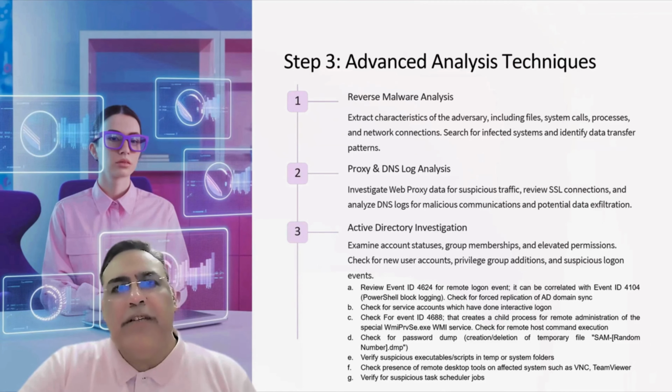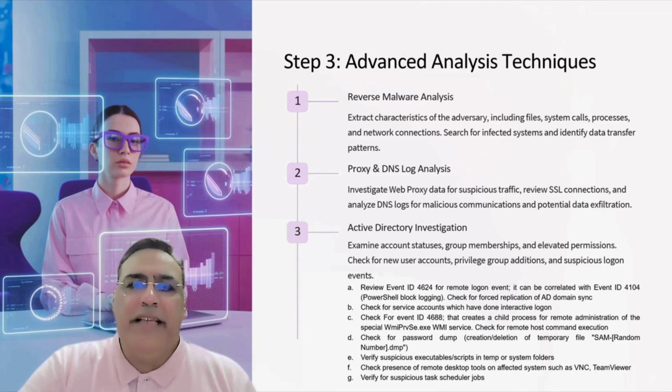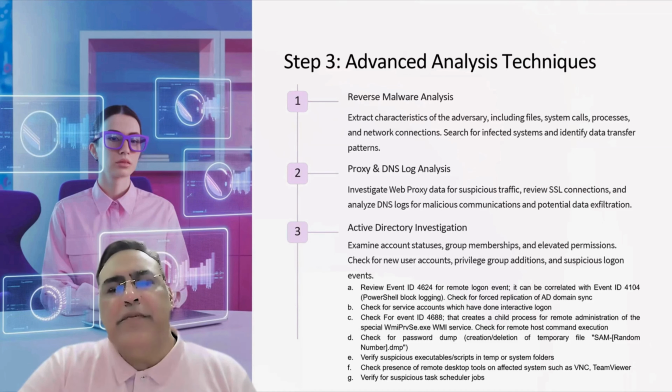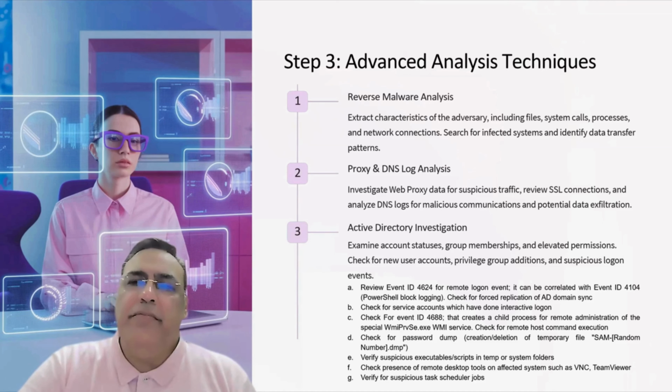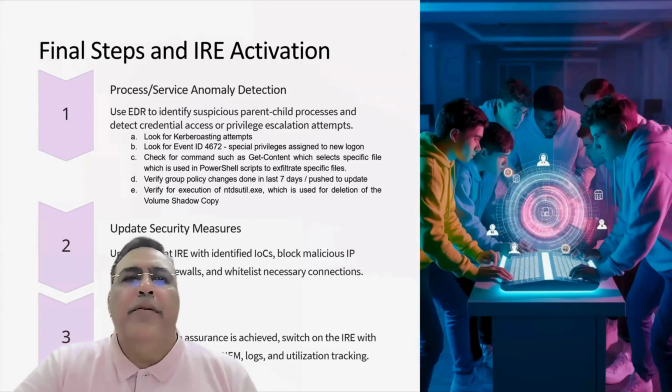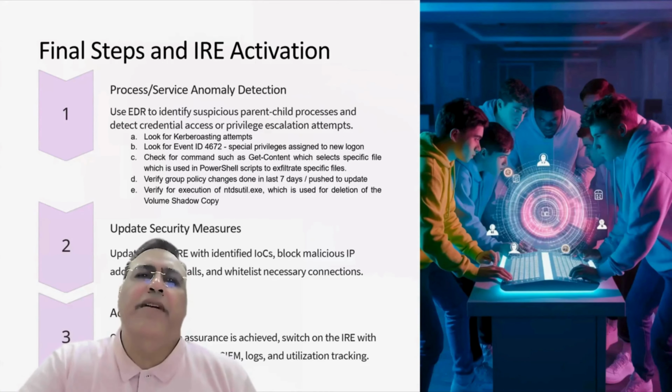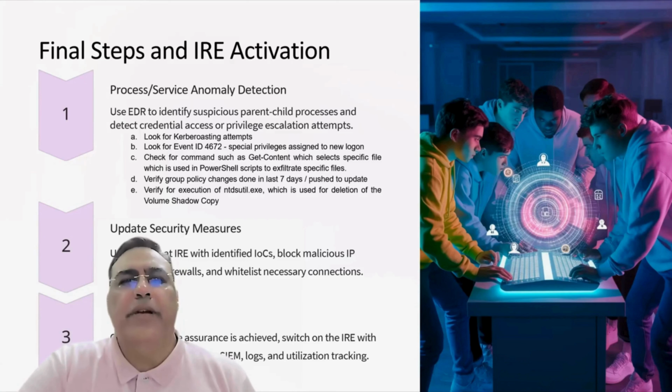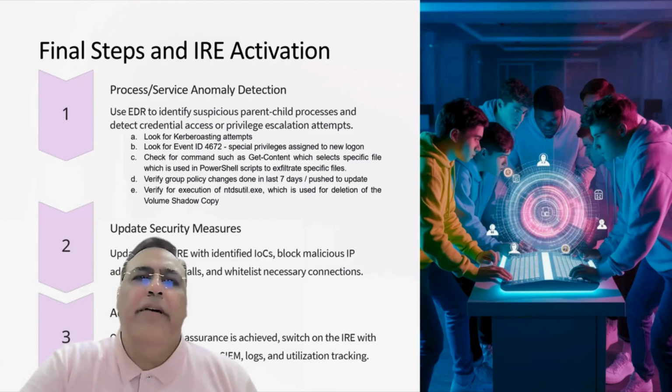You can also check for password dumps. Typically, password files are dumped in a temporary file with the SAM, and then there is a name like dump.tmp. You can also find some suspicious executables in the temp folder. You can see if there is presence of any remote desktop protocols or tools like VNC and TeamViewer. You can also look at task scheduler jobs. Along with that, if you can identify certain process or anomaly detection, you can look at it in the EDR too, where you will be able to identify certain Kerberoasting and NTLM related